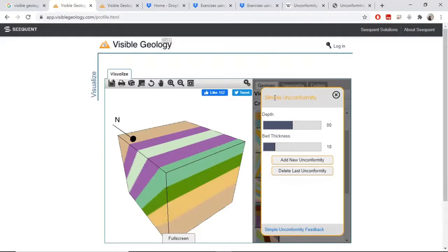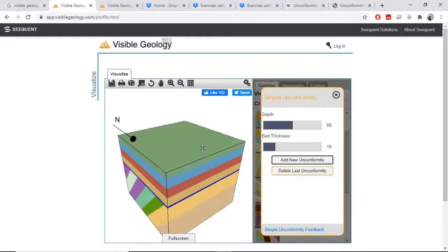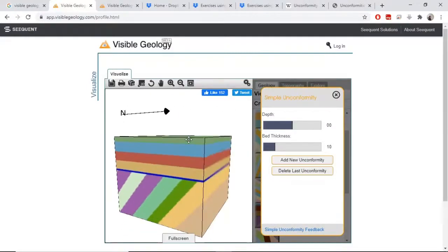If you click on the simple unconformity here and assign depth and bed thickness, this is what it looks like. Basically this blue line here represents that unconformity. Below this we have the beds that were deformed and tilted, and the beds above show the new ones which are deposited over this contact.